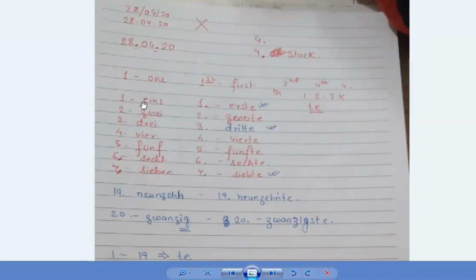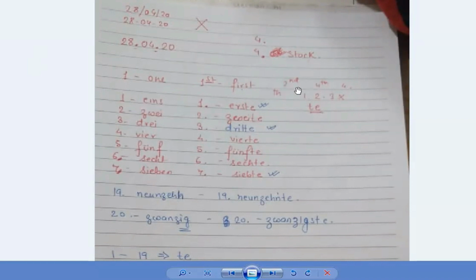Like, where do you live? In which floor do you live? I live on the fourth floor. So of course, you don't say four floor, you say fourth floor, right? So when we have a number in comparison or where we have to give the number like first, second, third, fourth, like this, that time, in flooring, in date also, sometimes we read it. So in German also, as in English, first, second, third are exceptions.